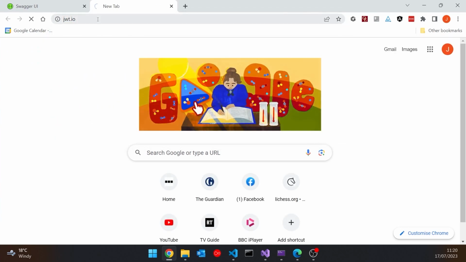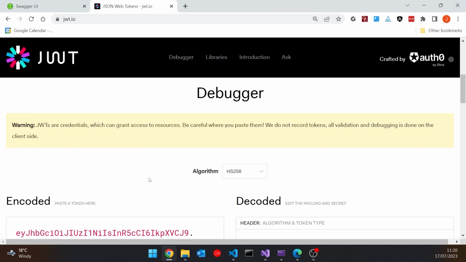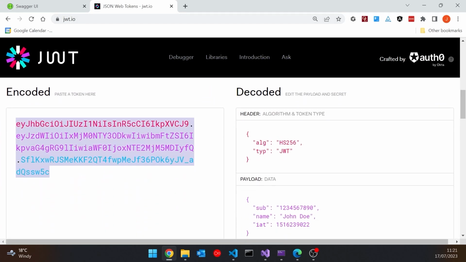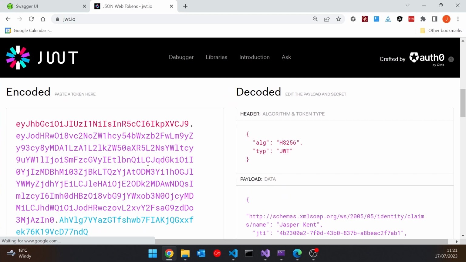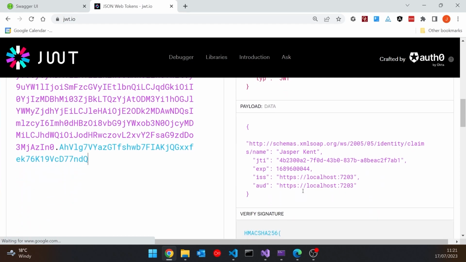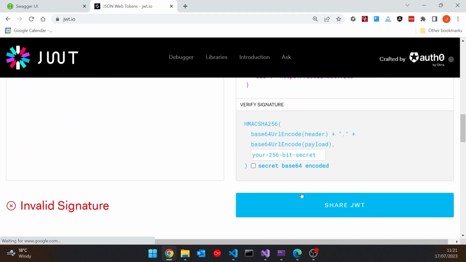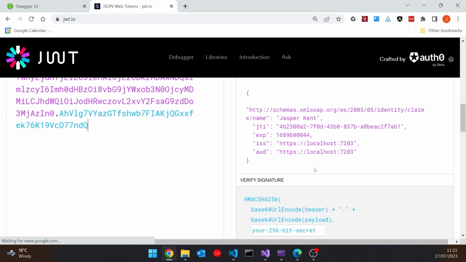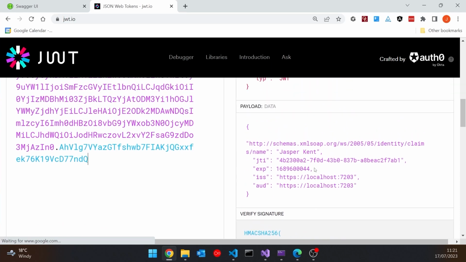So if we go in there and then just scroll down, and if I just paste in my token in there, remember it's got 3 sections divided by dots, which are base64 encoded, and then this is simply decoding those. So we see the basic header information, then we see the payload, and then we've got the signature that's encrypted.